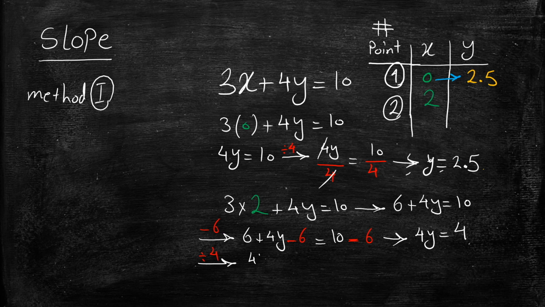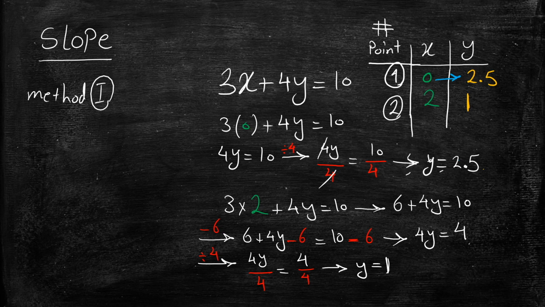So we say 4y divided by 4 equals, on the right hand side we have 4 divided by 4. So 4 divided by 4 is just 1, so 1y is just y, equals 4 divided by 4 on the right hand side is also 1. Nice. So when x is 2, y is 1. Perfect. Now we have 2 points